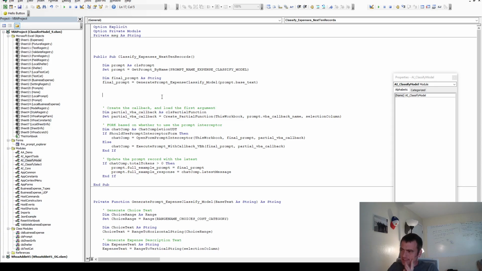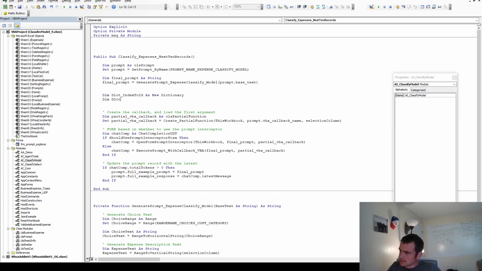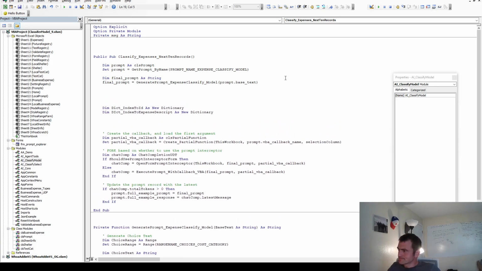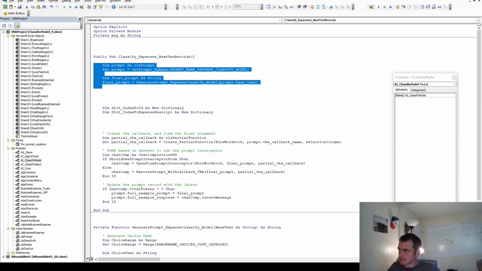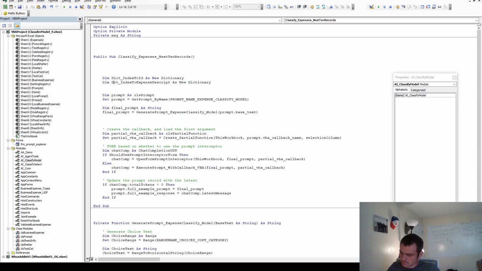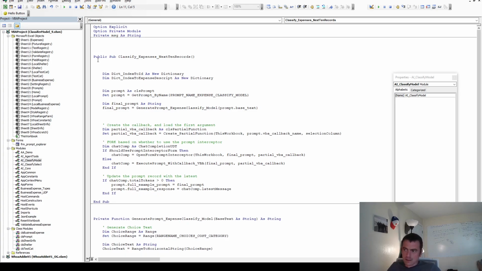We're going to send it basically the same thing as before. We're going to need two dictionaries: dict index to ID and index to expense description. All right, this can come down here. And let's use